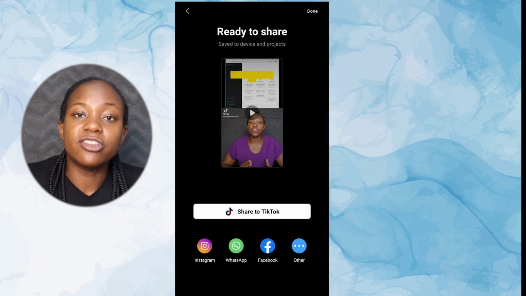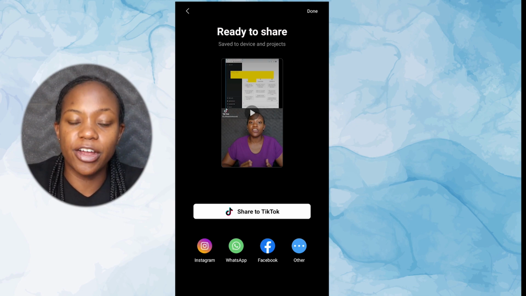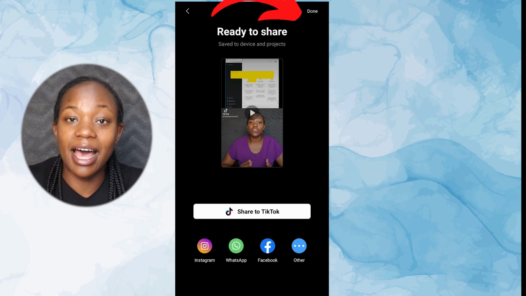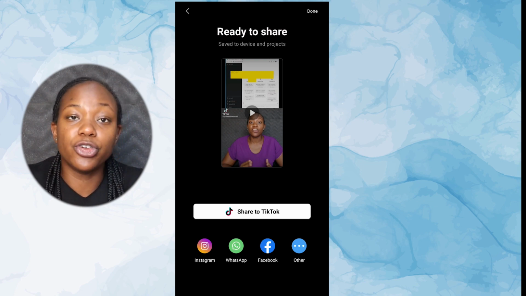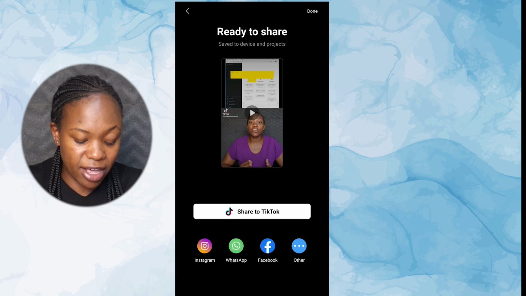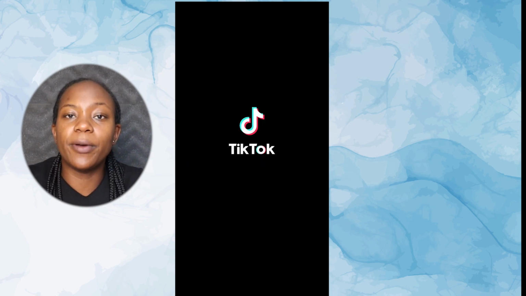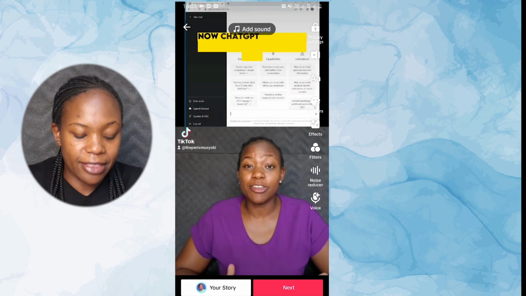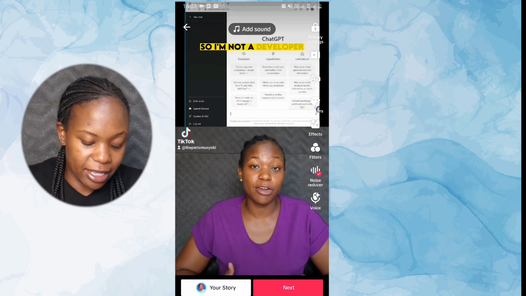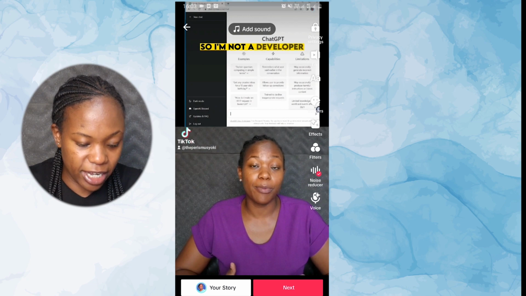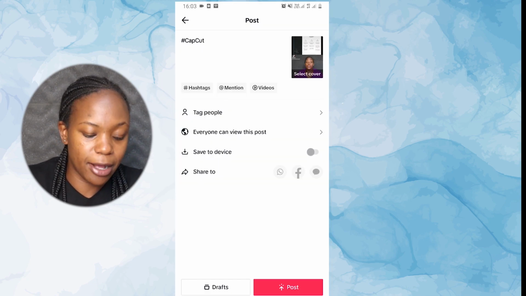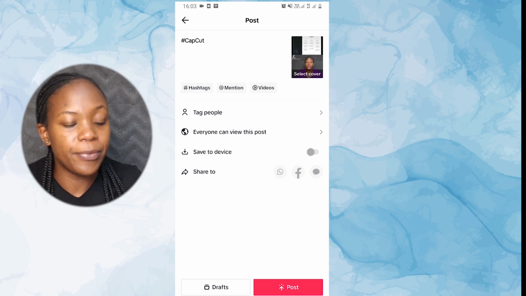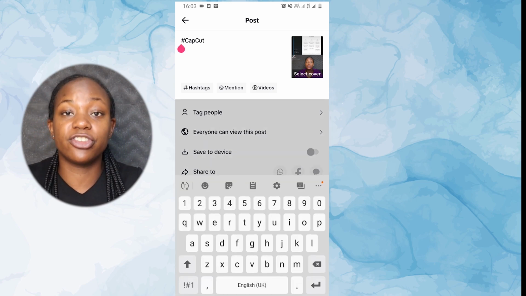Now it's done. So you have several options for sharing now. So you could either click on done, that will share it inside your device, then you can share it as you want. And then we have an option for sharing directly to TikTok, and then we have other platforms here. So if you are to click on this share to TikTok, it will just open in the TikTok app here, and then now you can add in anything. And then once you're done, when you click on next and you want to post, you're going to see that the first hashtag we have here is hashtag CapCut there, since we've used CapCut to just share it onto the